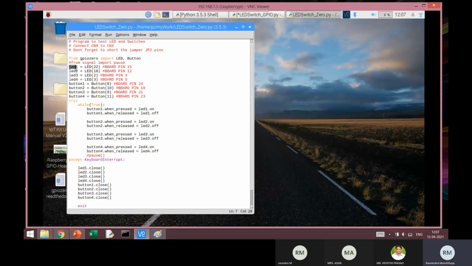So LED 1, recall that in the earlier version of this program, LED 1 was equated with 15. That was equated with the pin number. Here I am not equating it with the pin number. Instead, I am creating one instance of this LED which is connected to BCM pin 22.